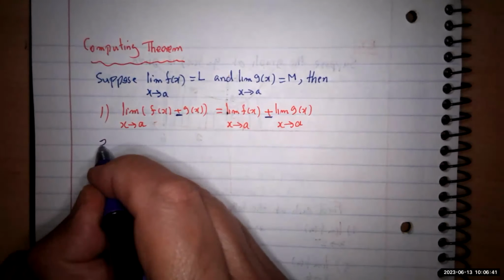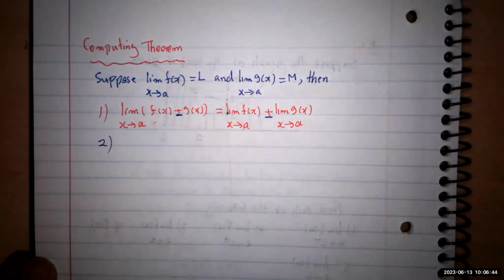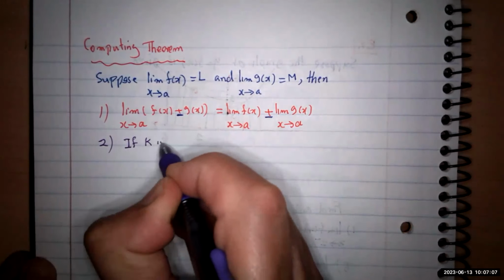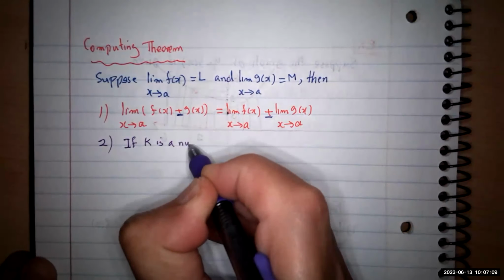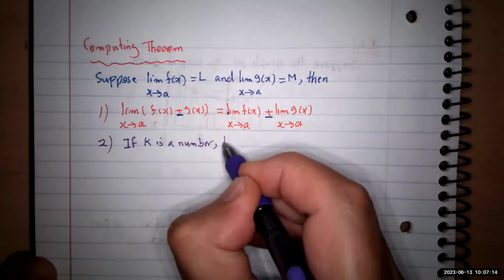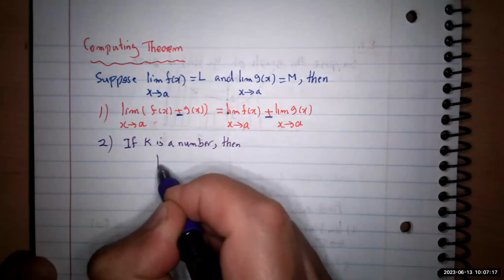Second one. If you multiply a function by a number, 5 times f of x, and you want to find the limit of 5 times f of x, you keep the 5, you find the limit of the function. It's going to be 5 times the limit of the function. It's going to be used quite a lot in future. So this means if k is a number, a constant we call it, then